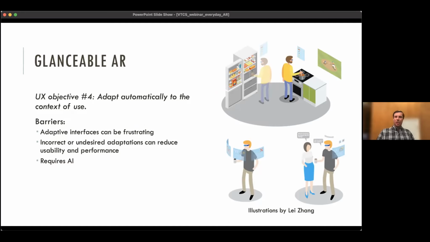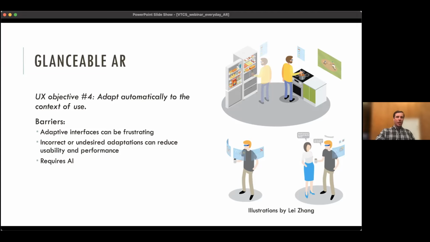So here's a couple of illustrations. This guy is cooking in the kitchen, and he's got the recipe. He's also got the baseball game going. And when he walks over to the fridge, only the recipe follows him, because that's the only information that's relevant to looking into the refrigerator for ingredients. And then the bottom illustration is about a social situation where this guy on the left is looking at some content, and when his colleague walks up to start a conversation, most of that content disappears, except when they start talking about the weather, the app reappears so that he can access it. So understanding these contexts is difficult.